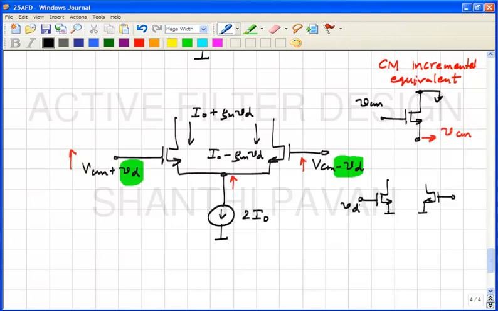This is VD, and there is no point in drawing the other half because every node voltage is reversed in sign. And this current, the incremental current, is GM times VD. Okay, this is just a refresher. You're all supposed to know this. So in other words, the simple differential pair is a good candidate to start off with. Why? Because